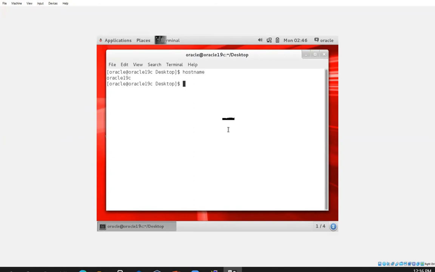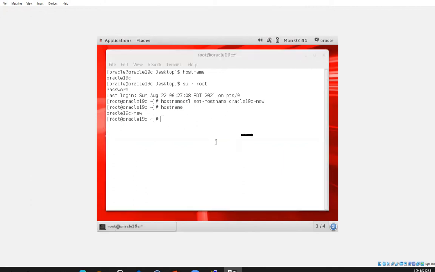So what we are trying to do here, we need to set the new host name for this server. Connect as root with your root password, then hostnamectl set-hostname is the command. It should be root user login, otherwise this command will error out. Okay, I'm giving the new host name oracle19c-new. Let's see. Okay, now type hostname. See, my new host name is set up. Now the machine has my new name. Now ये machine Oracle 19c new नाम से host name से setup हो चुका है.